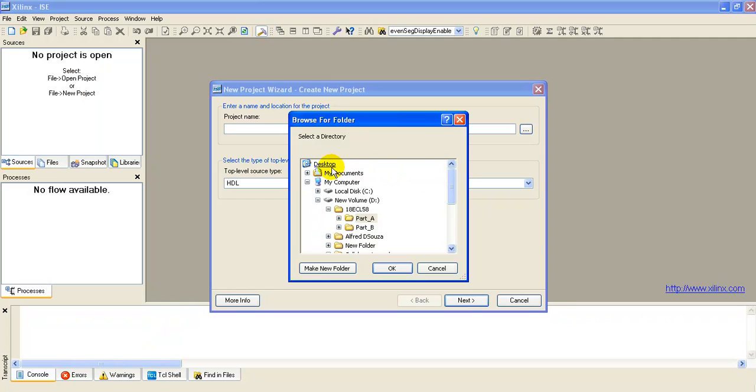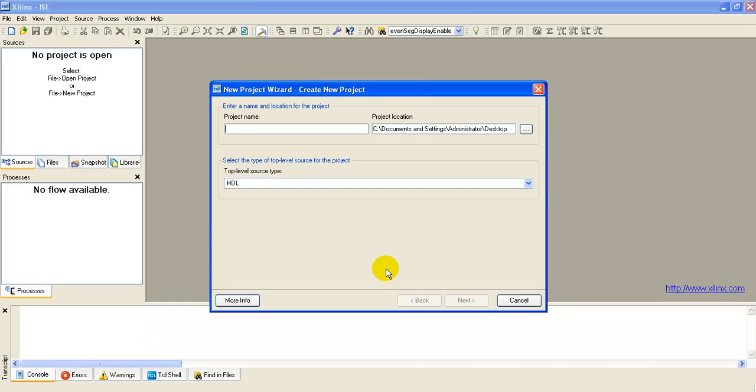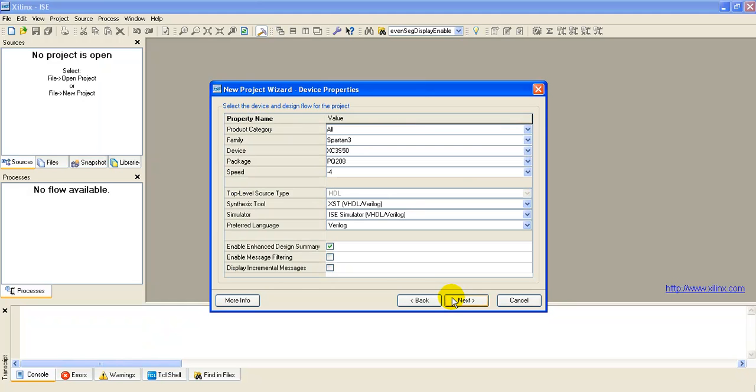Here I am selecting the desktop. So my location for creating the new project is the desktop. I am giving the project name as counter. Since I am doing 2 counters, the 2 counters will be simulated in the same project named counter, and press the next button.